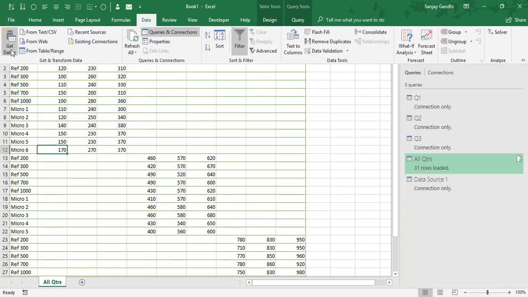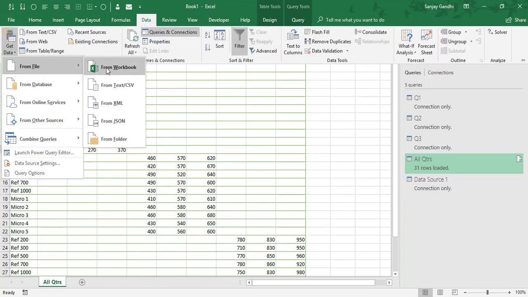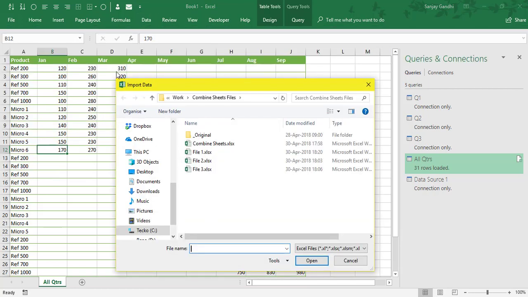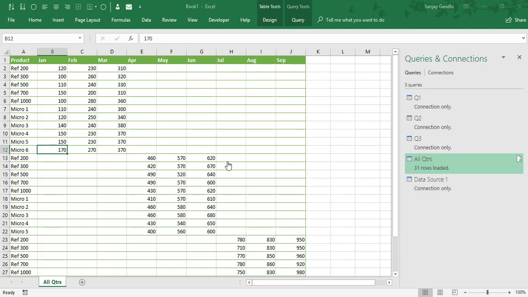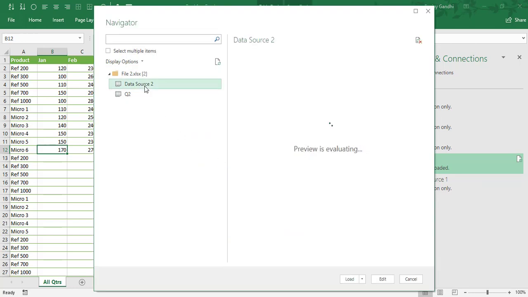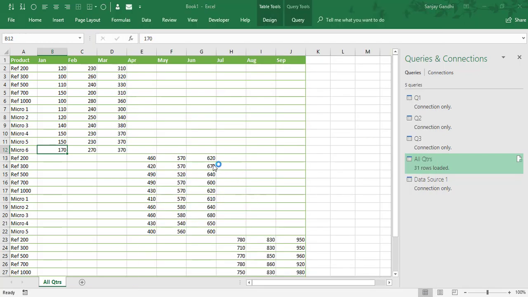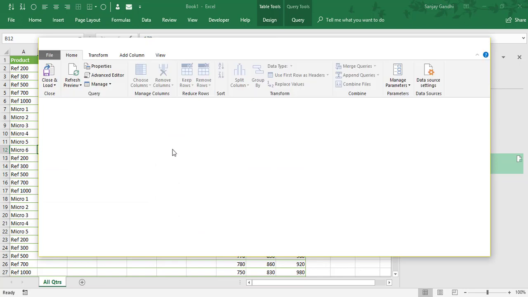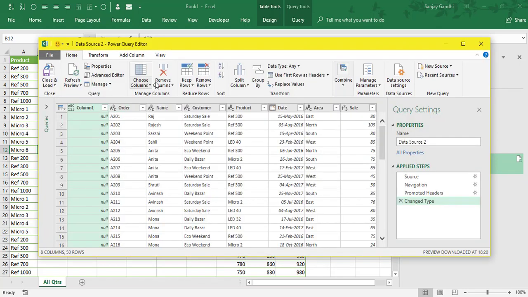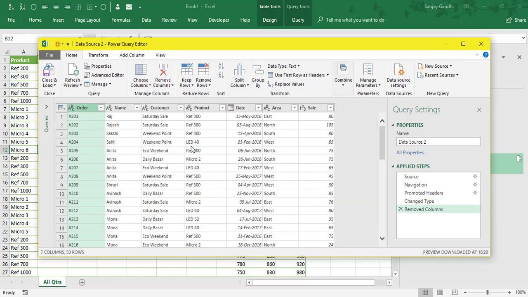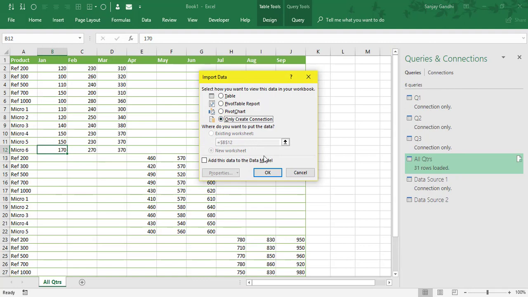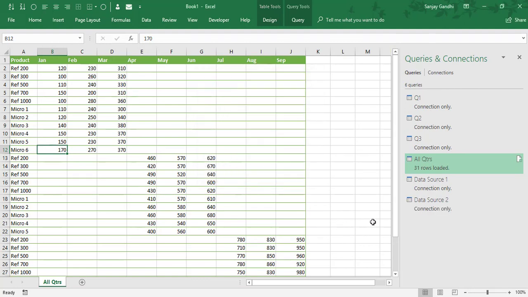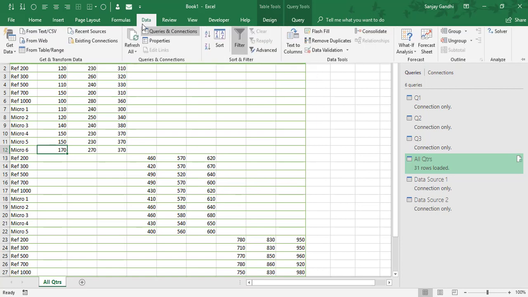So I go to the data tab, get data from file again, from workbook, and I pick up file 2 now. Take data source 2, again edit, and repeat the option in the Power Query editor to delete the column that is selected over here. Close and load to, only create connection, and we see second data source getting connected over here. And finally we close